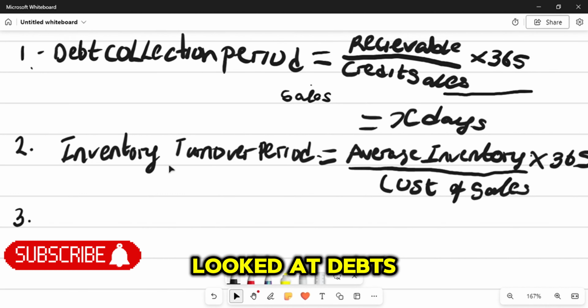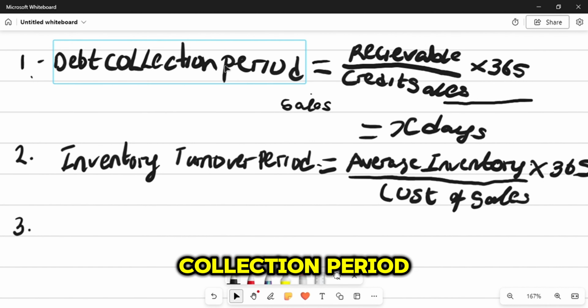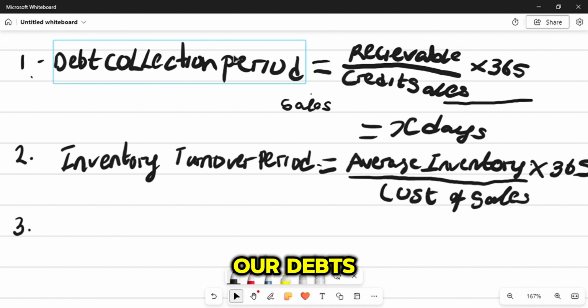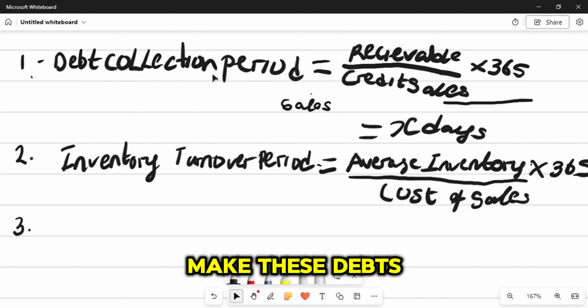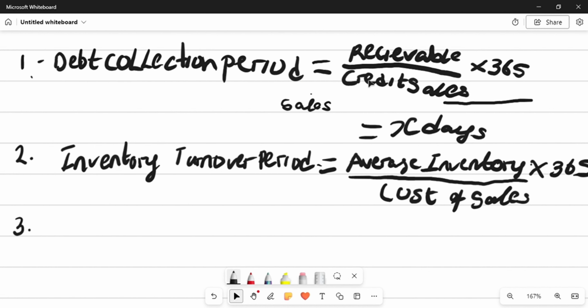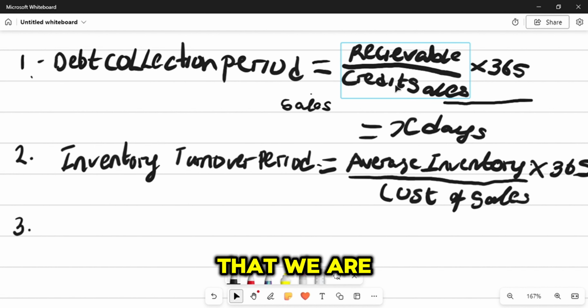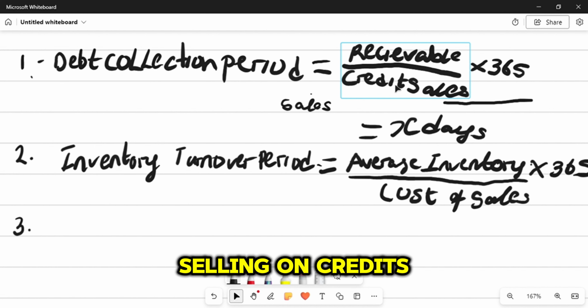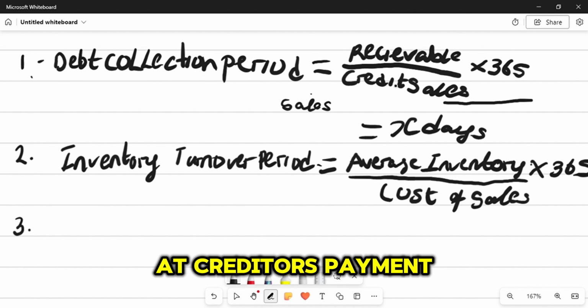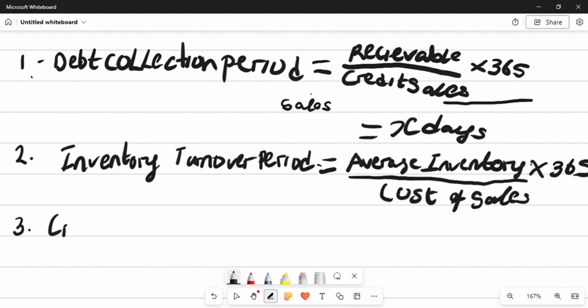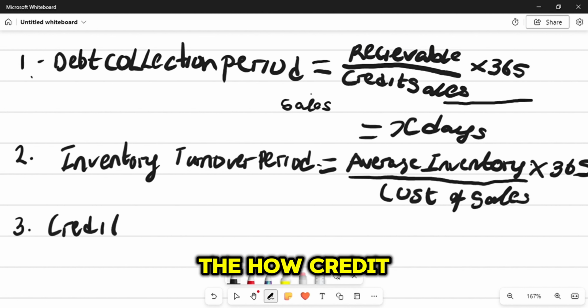So remember that when we looked at debt collection period, this is how long it takes us to collect our debts. How do we make these debts? Through credit sales. So when we sell on credit, how long does it take us to collect those debts that we are selling on credit? Do you get? So for this case, since we're looking at creditors payment period, we can guess